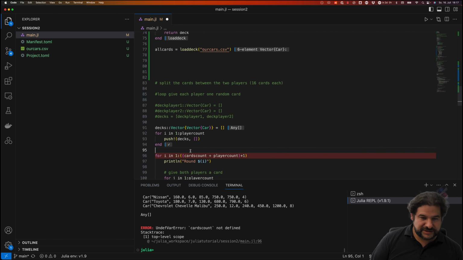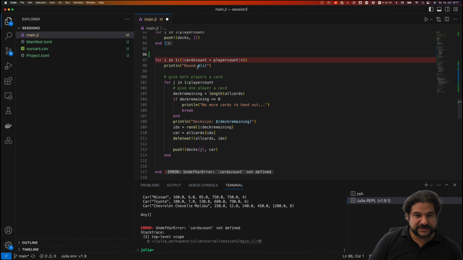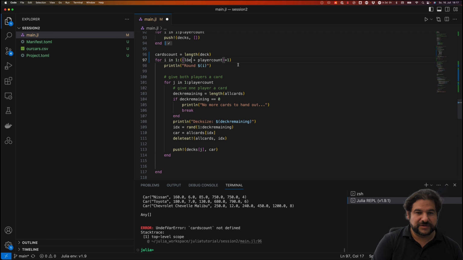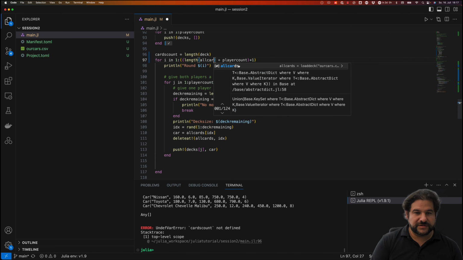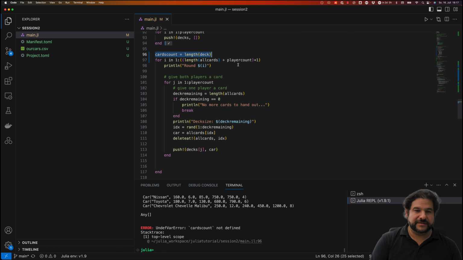We only need this here. So instead of cards count, we call length of deck, length of all cards. This should now work. So we now go from 1 to length of all cards